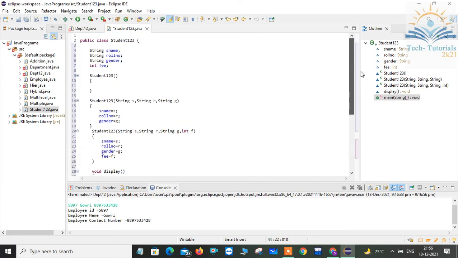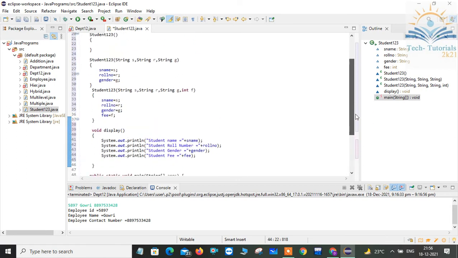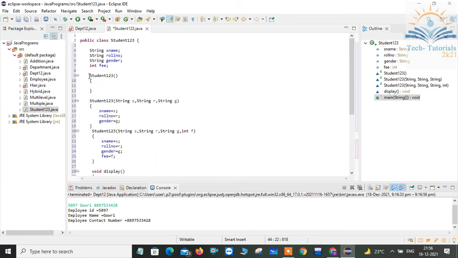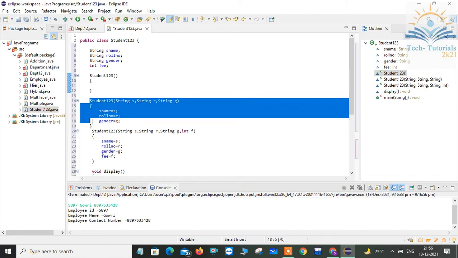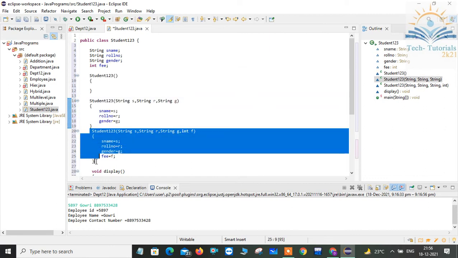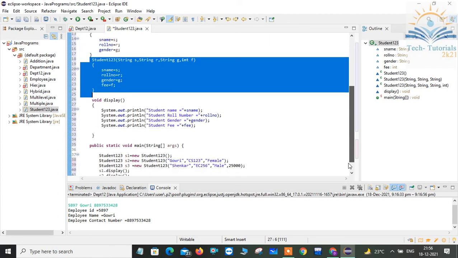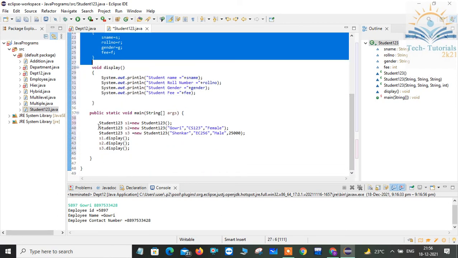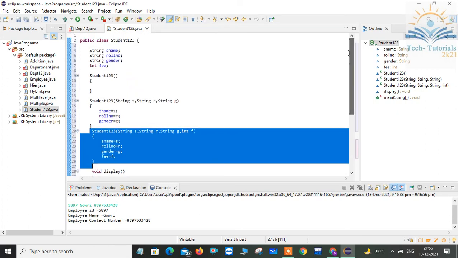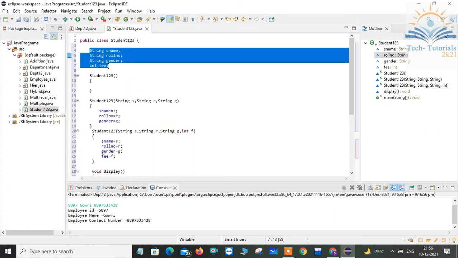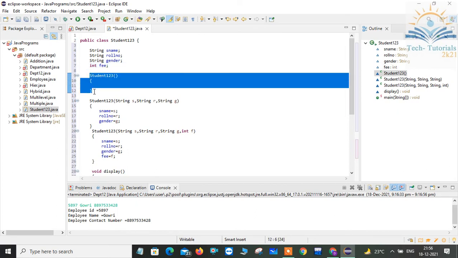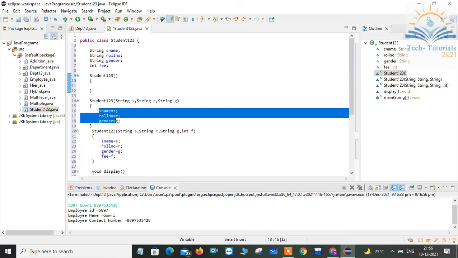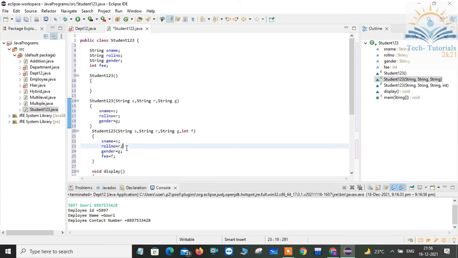So this is my program. Here my constructor is overloaded, right? Because I have the same constructor three times in this program. So how is this program going to execute? Always your Java compiler starts execution from the main function. When it sees an object, it identifies your class, and there it can identify the data members. By this constructor, it's trying to assign default values to student name, roll number, gender, and fee, and this one is going to assign values to student name, roll number, and gender. And by this constructor, it will assign values to all the data members of my class student123.